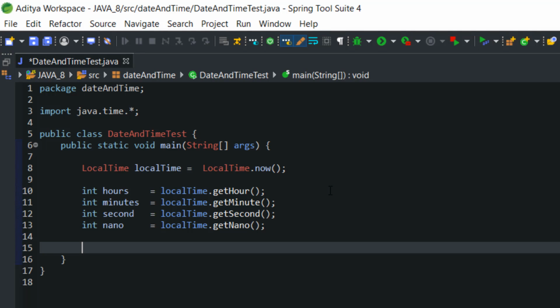Here you can see that I've taken four different variables: hour, minutes, second, nano, and with the help of the getHour method I have extracted only the hour. With the help of the getMinute method I have extracted only the minute section, and the getSecond method the second, and getNano the nanosecond. Now I will take a string variable, just like I did in LocalDate, and I will try to present that in a completely different way.